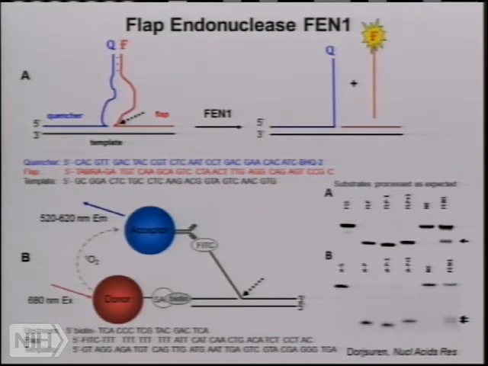So one example is the flap endonuclease FAN1. It's the main human endonuclease that deals with these aberrant structures where there is a flap created through the work of DNA polymerases during DNA repair in growing cancer cells. And so the question is how to convert a radioactive assay into something that is amenable to high-throughput screening.